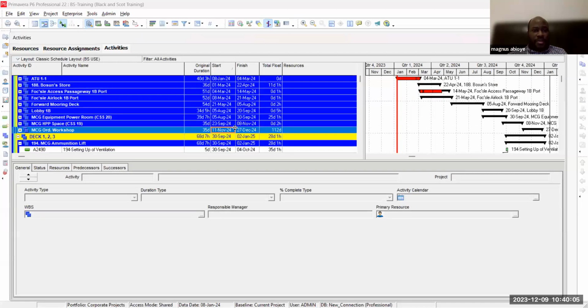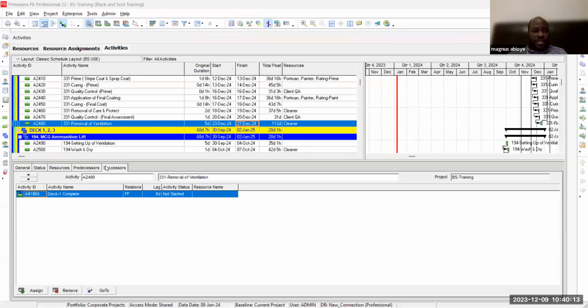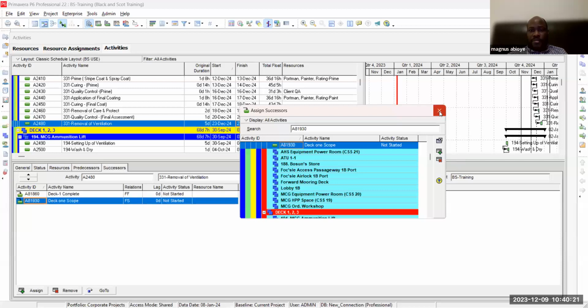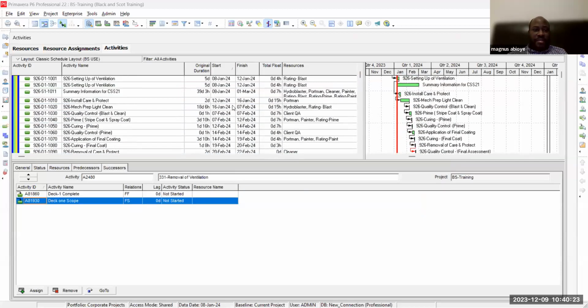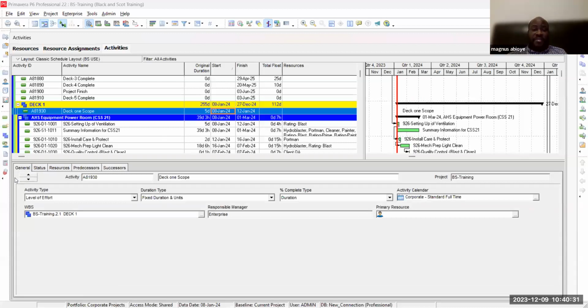The end of it could be September, May. Okay, December is the end. December 27. Where's December 27? Yeah. So successor, December 27. Bear in mind, I have clicked on the start. It's showing me 5 days, but I know that it's not 5 days. It's a level of effort. I need it to represent the 8th to the 27th of December. I have not put any duration. When I schedule,